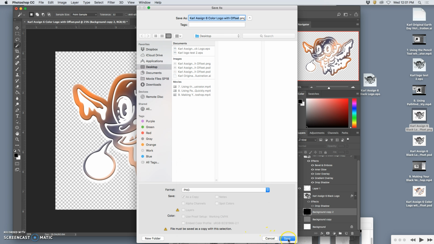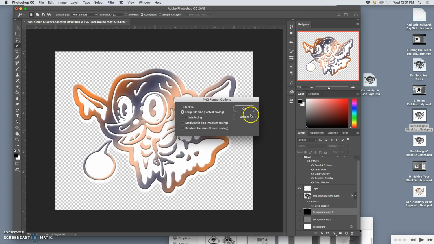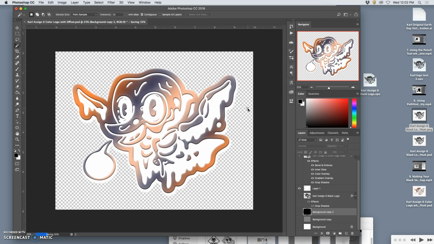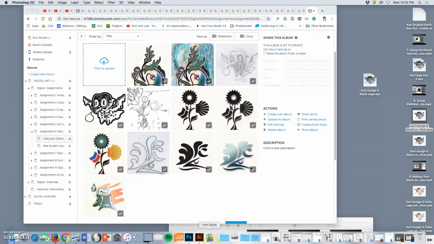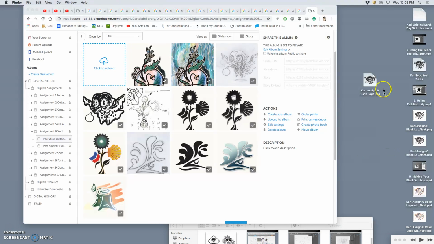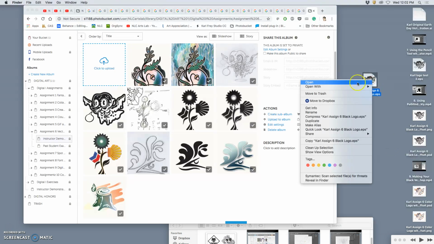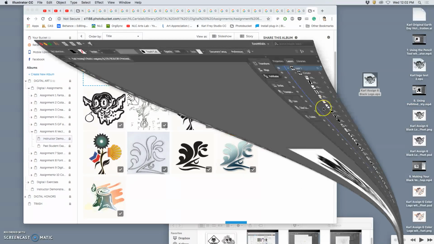But there are other ways to add color. You can add color within Illustrator. So the vector itself has color in it. And for logos, sometimes that makes the most sense, right? And there are a lot of coloring tools within Illustrator, but they are different than Photoshop. So I need to go to my EPS, open it with Illustrator,